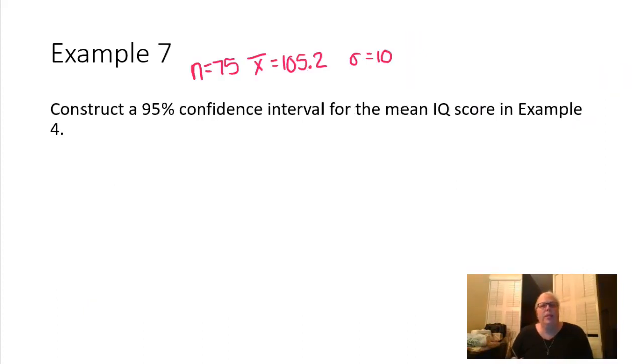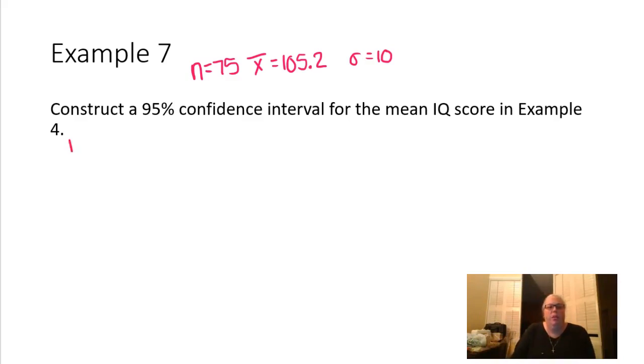Example 7 is asking us to go back to example 4 and make another confidence interval that's 95% this time instead of 90% like we did last time. So up here at the top, I just reminded you of some of the information we knew. There were 75 students included, and the sample mean was 105.2, and then the standard deviation was going to be 10. Okay, let's go through the same steps that we had to go through in example 4 to get this